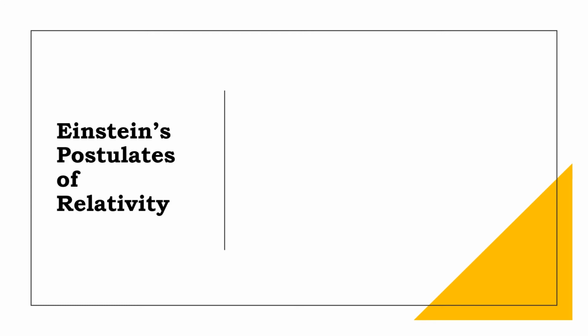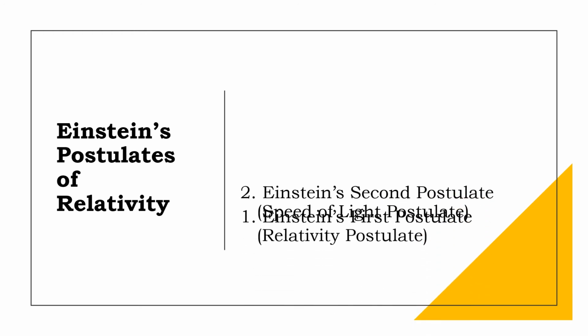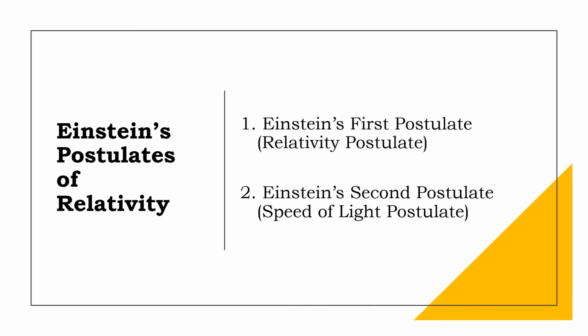The special theory of relativity has made wide-ranging changes in our understanding of nature, but Einstein based it on just 2 simple postulates. One states that the laws of physics are the same in all inertial frames of reference. The other states that the speed of light in vacuum is the same in all inertial frames of reference. These innocent-sounding propositions have far-reaching implications.